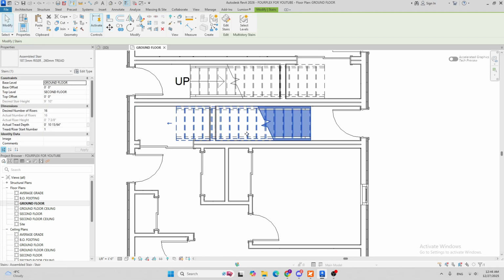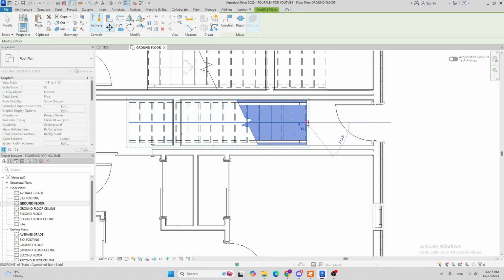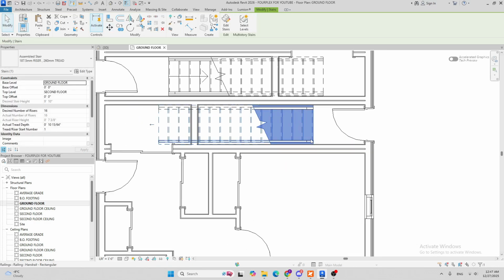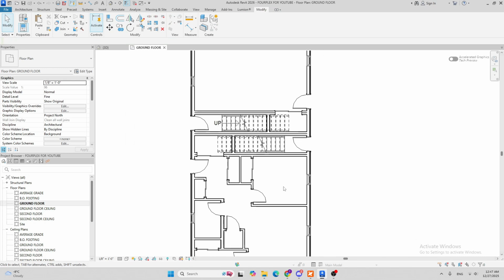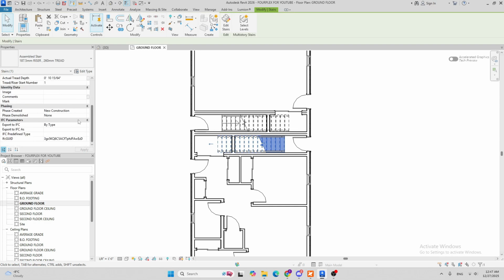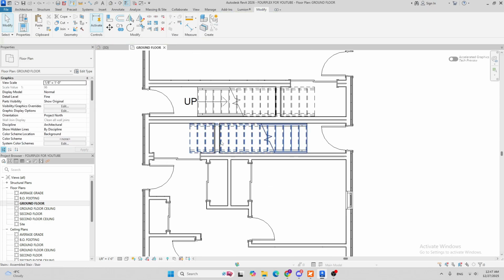Right? Let me check on the PDF just to make sure. Yeah, actually move it a little bit down more. Maybe 6 inches more. Yeah, that should be enough. And I think I'm gonna do the same thing. I'm gonna do another section so that I have to attach this wall to that